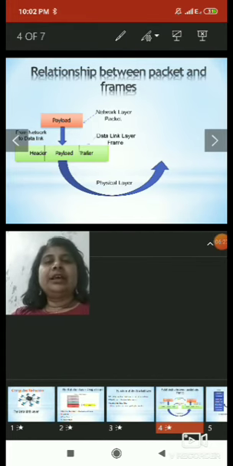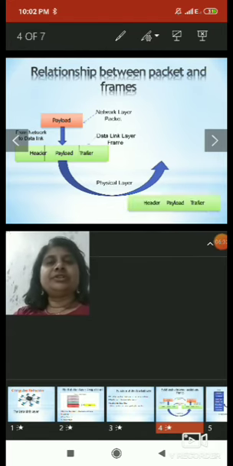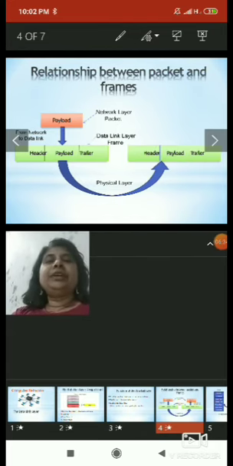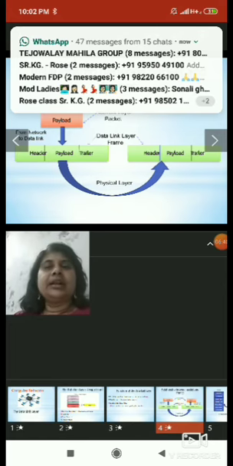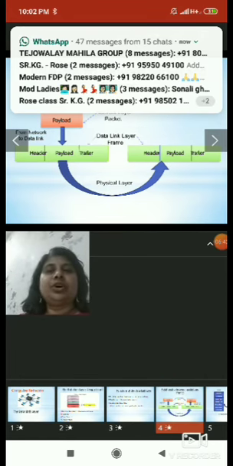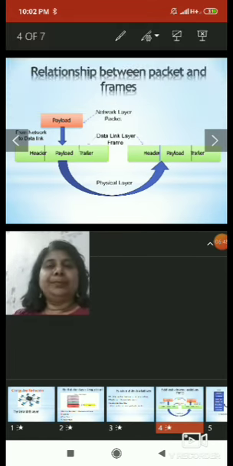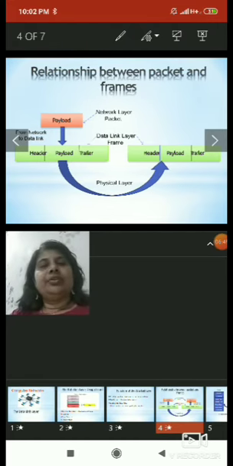The physical layer passes that frame from the source machine to the destination machine. When that frame comes to the destination machine, the data link layer protocol works, and it checks the frame whether any errors occurred, or the correct data is there or not.